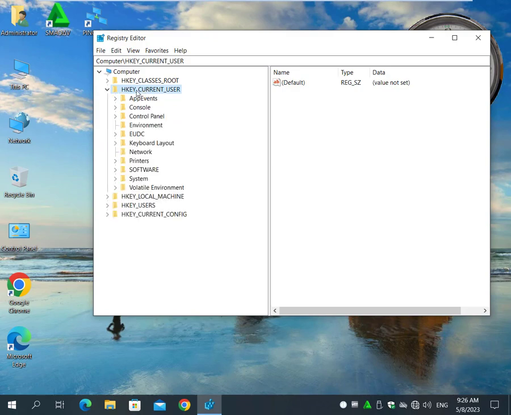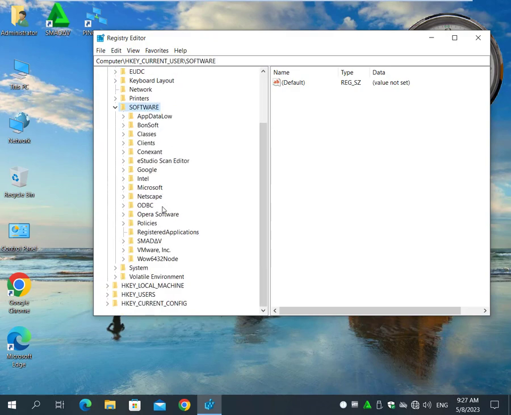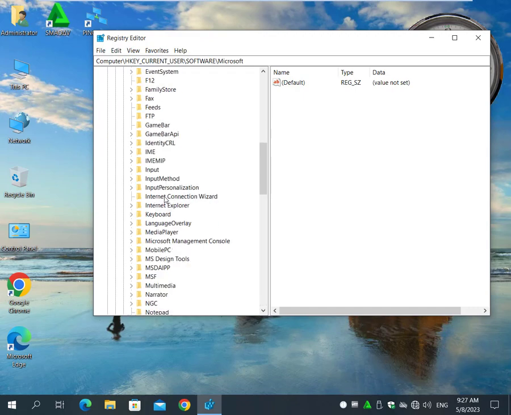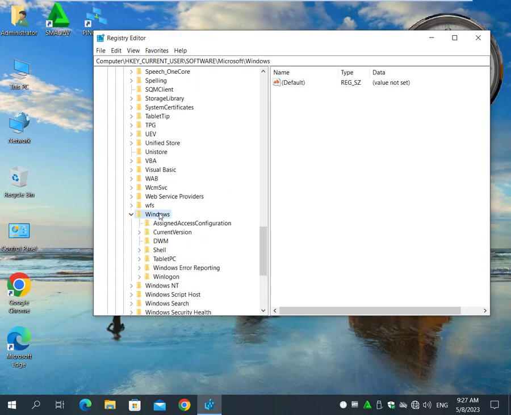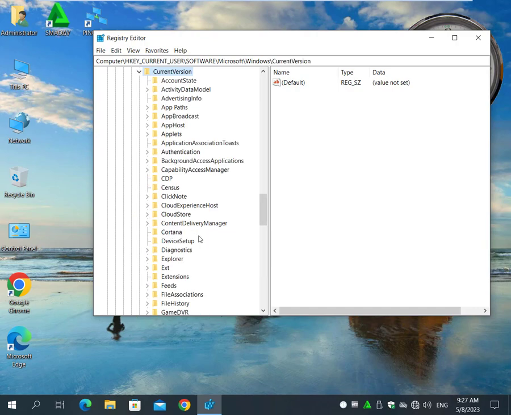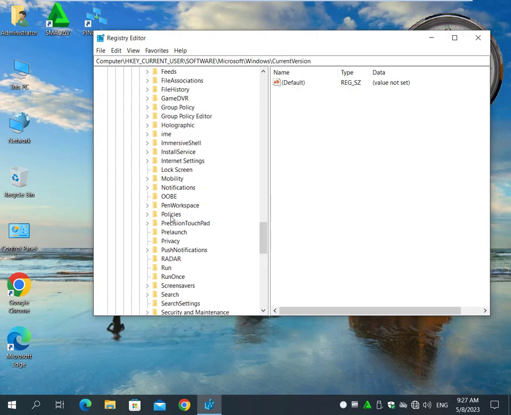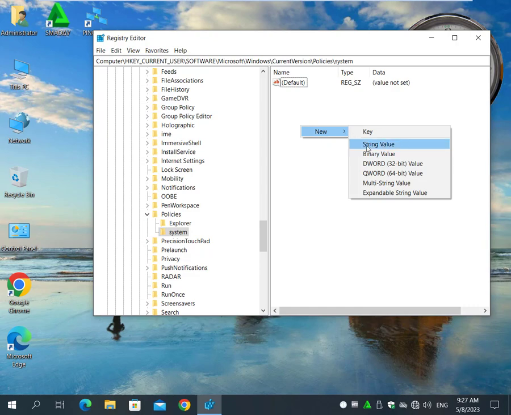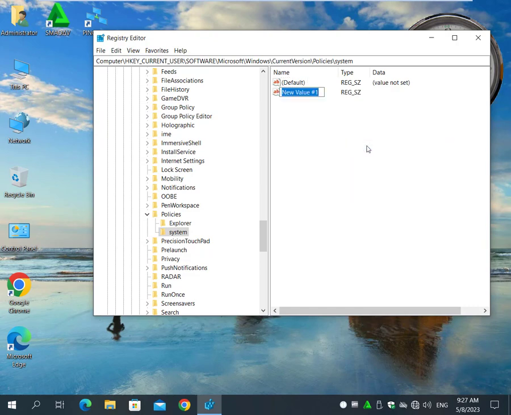Inside HKEY_CURRENT_USER, Software, I'll choose Microsoft. Under Microsoft I'll choose Windows, CurrentVersion. Inside CurrentVersion I'll go to Policies because I'll give some policies to this system. Inside these Policies I'll find Explorer, but inside Policies I'll create another key. I'll name it System. At the right side I'll choose a string value, and I'll name it